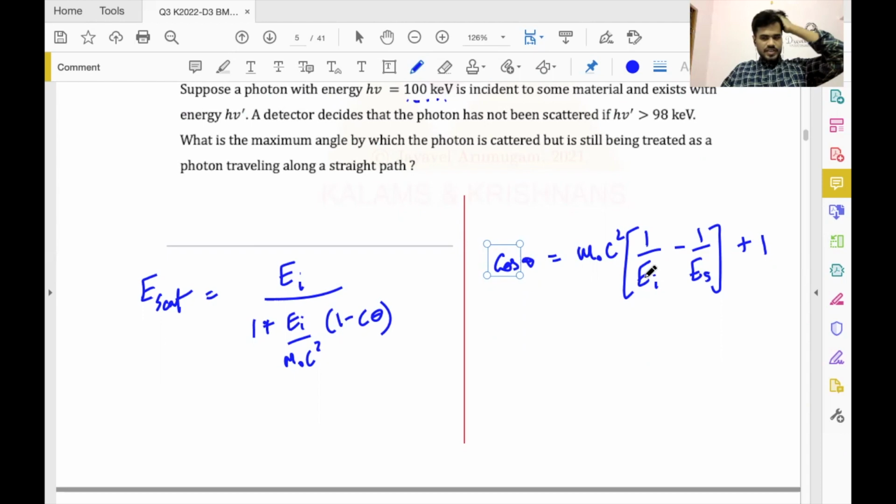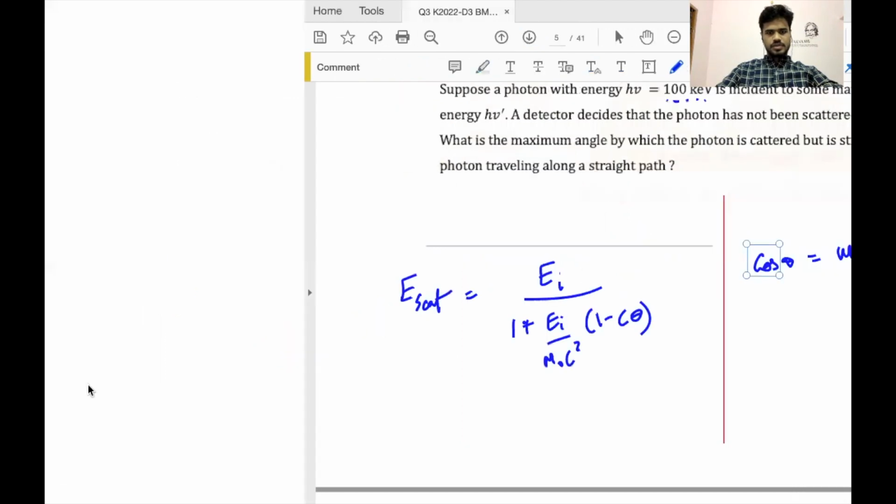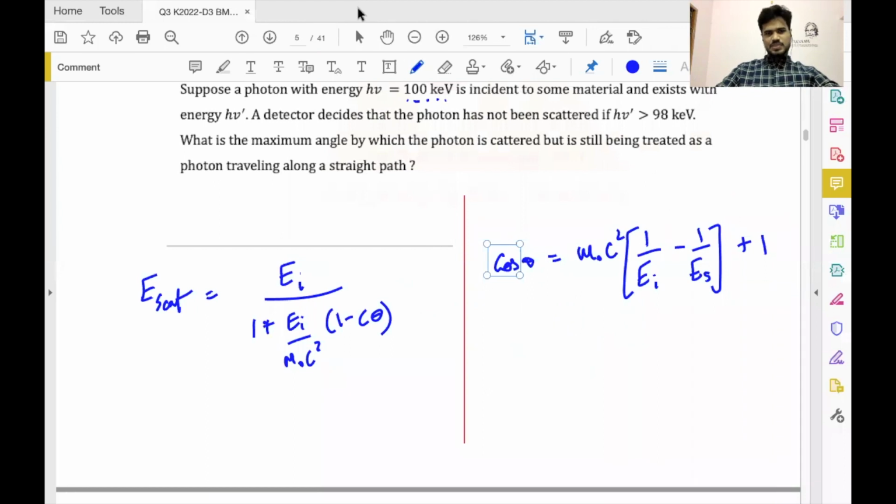So E i is larger, so this number is smaller, so this is slightly negative. I got it using the second one. Yeah, that is notice. So at this stage,